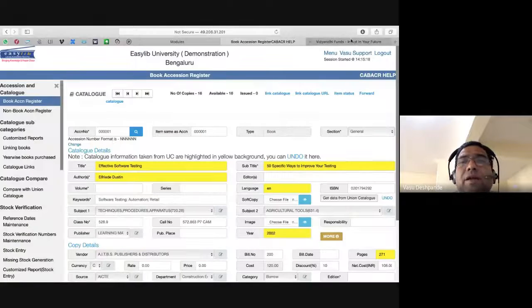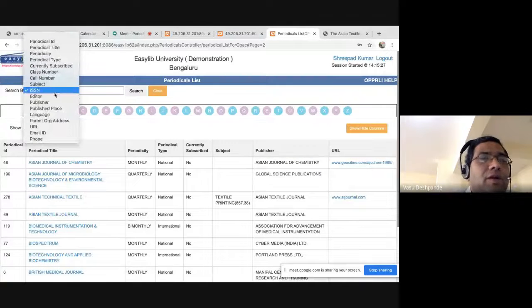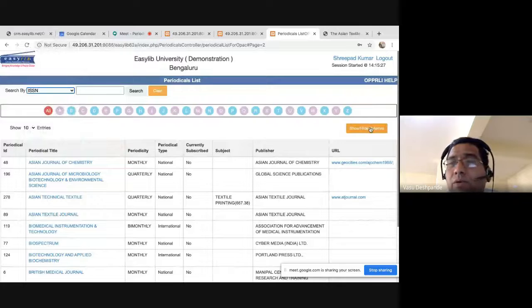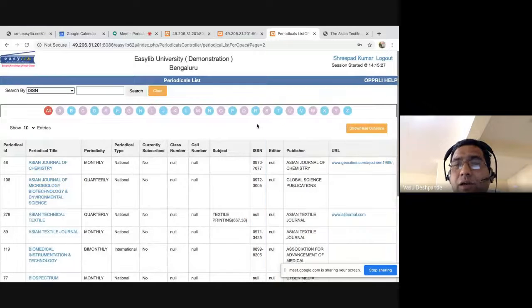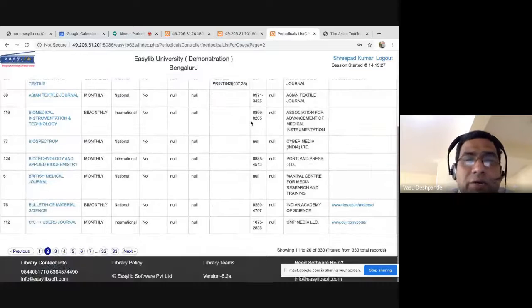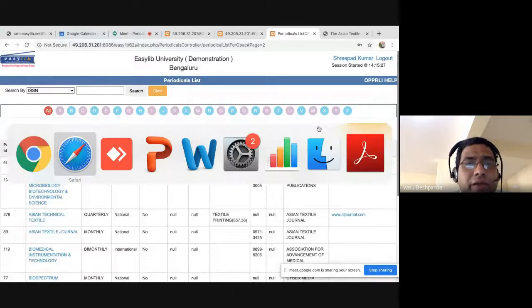So now we were here, right? Let me go back to the OPAC. Here we saw editor, publisher. You can pretty much search by a lot of these things. And there is one more, show hide columns. If you don't want to see all, there's one more feature coming up over here. That's the export button, and right now it's not there. So if you think that it's required, what you can do, whenever you are logged into this,